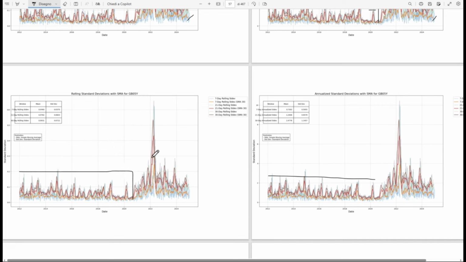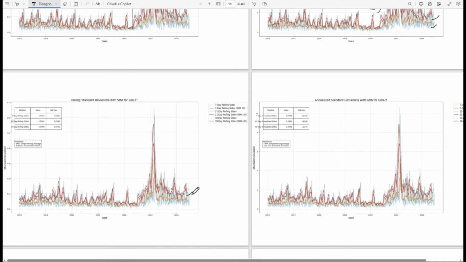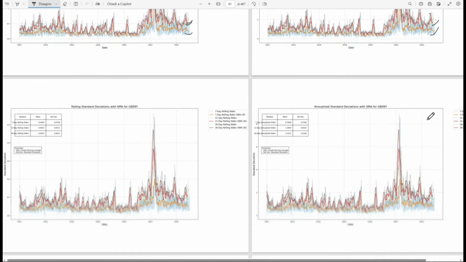dialogue here. So anyway, yeah, we have clustering of inflation, yeah? And the moving averages, they are all turning up on the upside. So this is the 7-year bond, and these are the moving average, the rolling average, and this is the annualized moving average, and they are higher. The brown and red lines, which are the 21 and 30 days annualized, are well above 2%. They are at 2% volatility. They were higher. So